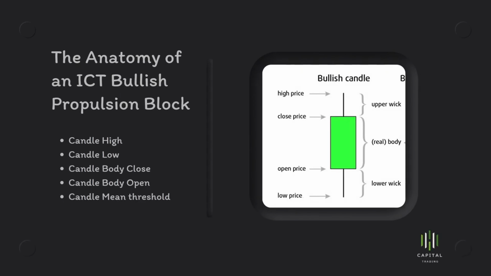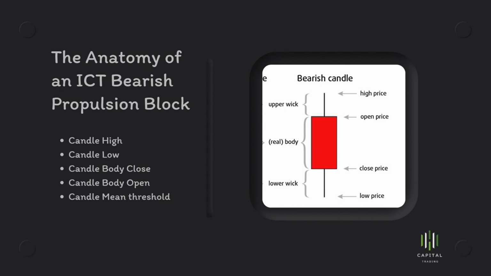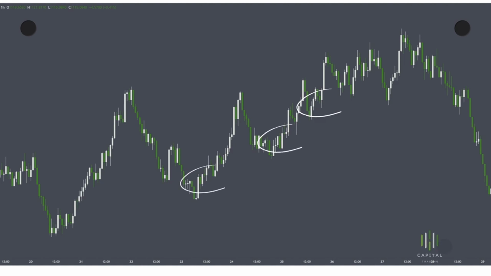but first we need to understand the anatomy. It's the same thing from the order blocks. We respect the high, the low, the body open, the body close, and the mean threshold. So those are our sensitive levels or sensitive points when we are going long and we are going short using a propulsion block, right? So a demonstration,